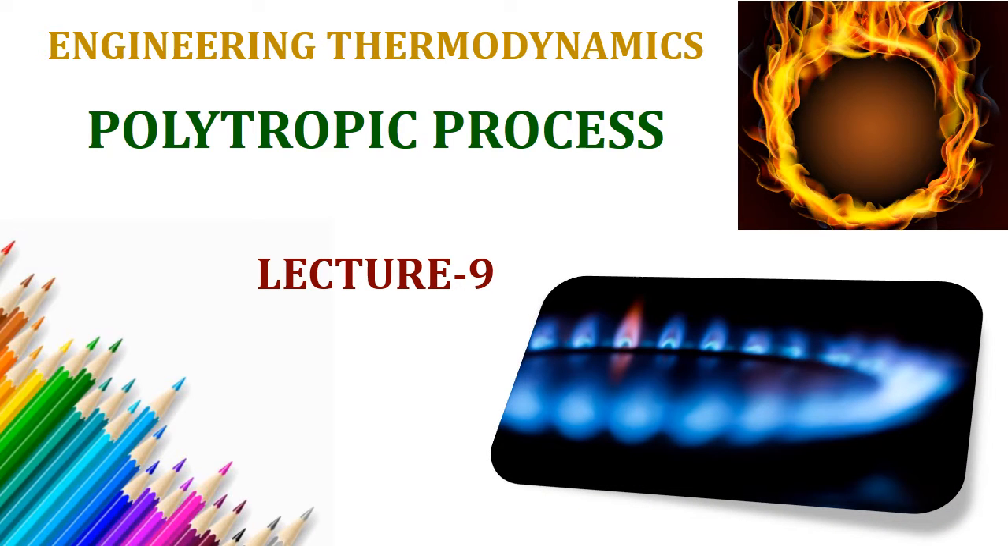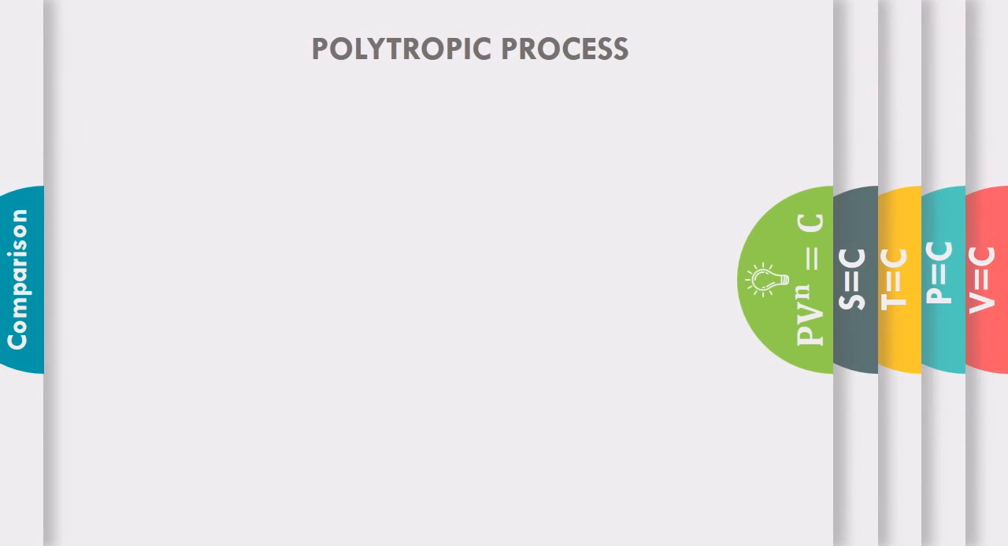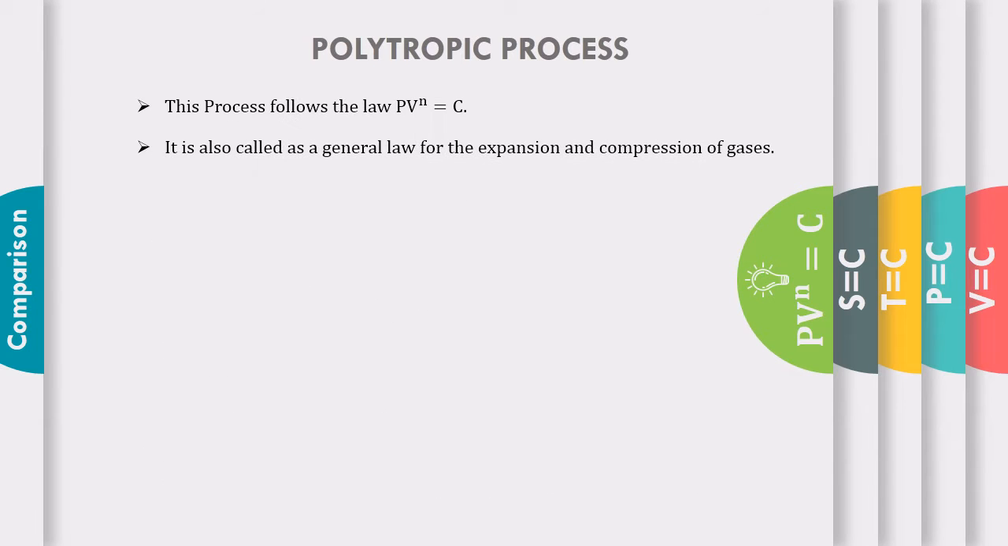Today we are going to discuss a polytropic process. It is a basic process for compression and expansion of gases in a non-flow process. As a quick recall, the polytropic process follows the law PV^n equal to constant, where n is